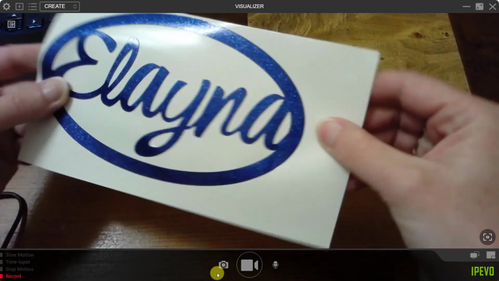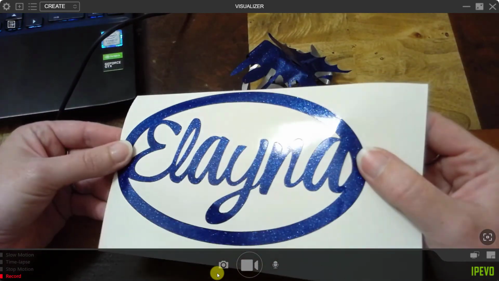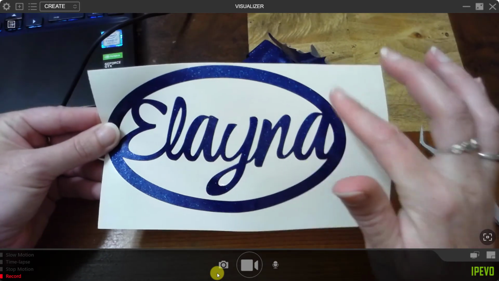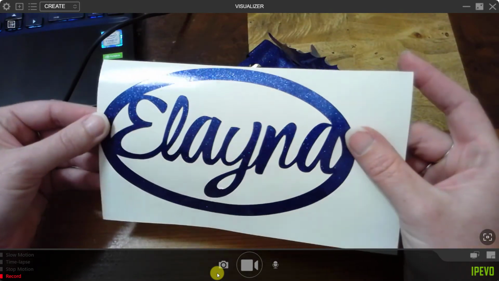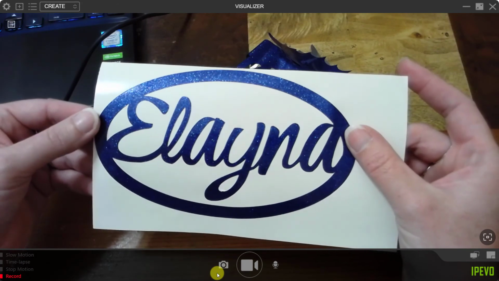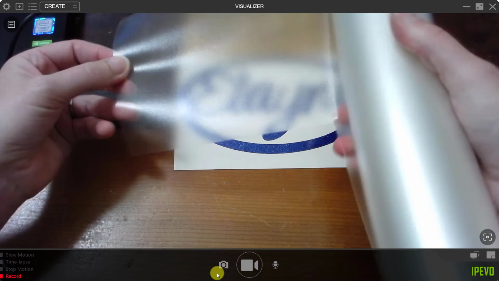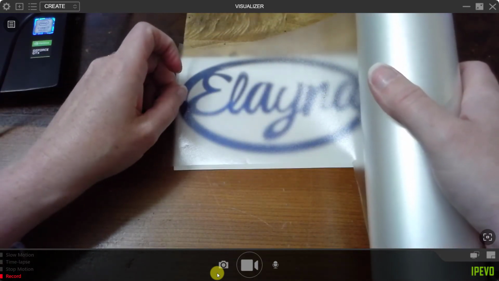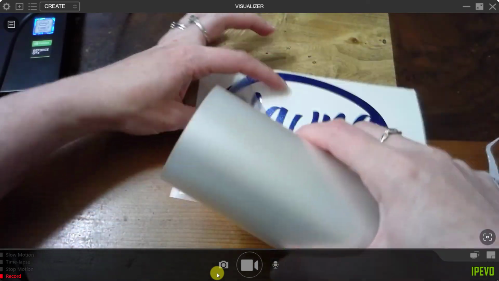So now we have a vinyl decal that the text is welded into the shape. It all cut as one final piece. So next I'm going to apply some transfer tape. I just have this on a roll that I have with me. So I'm going to lay it down on top